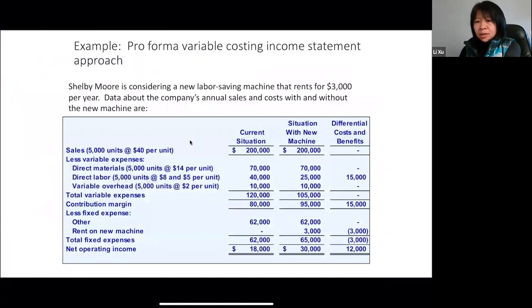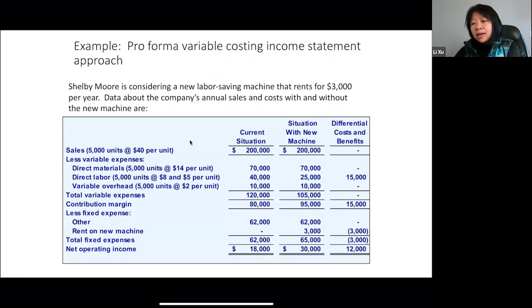All right, so let's read this question. The company is thinking about a new machine. That machine rents for $3,000. So the company is thinking about whether they should rent the machine or not rent the machine. Okay. So here